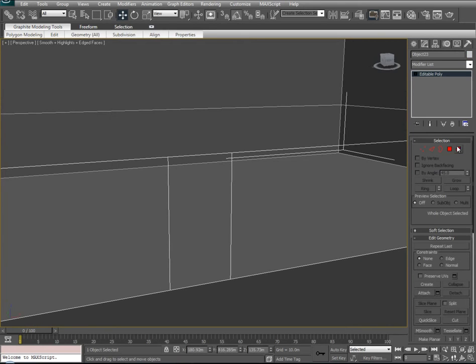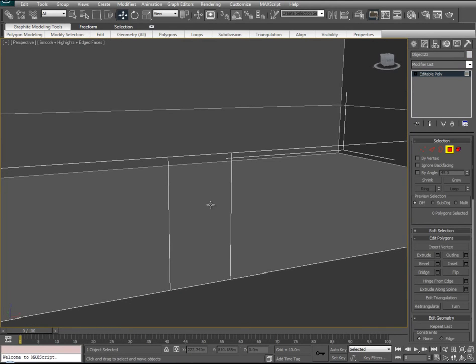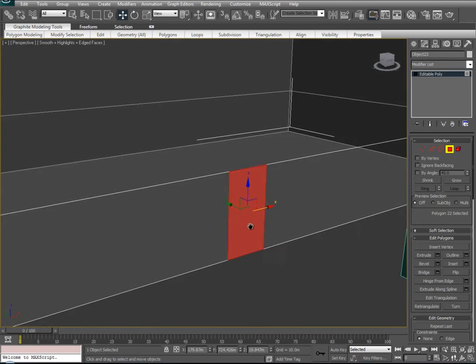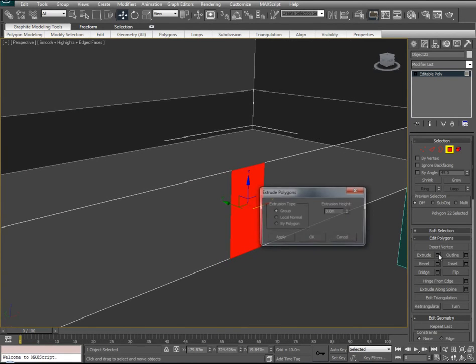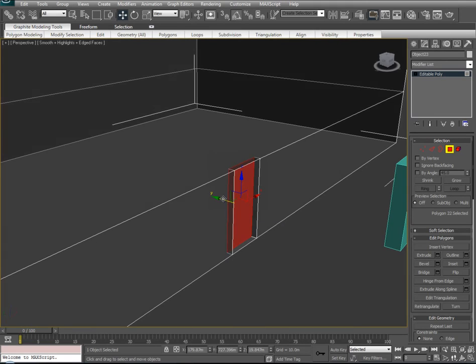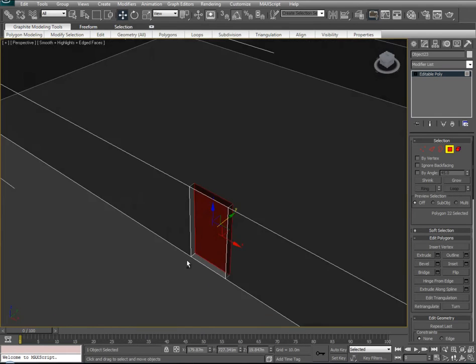And we'll select our building, and this time we'll use the polygon tool. With our new cutout selected, we'll go ahead and use the extrude tool again, and we'll move it in slightly. Now notice I don't go all the way in and I start extruding this all out, because just like any door frame, it is a frame. So we just take this single extrude, move it in slightly,